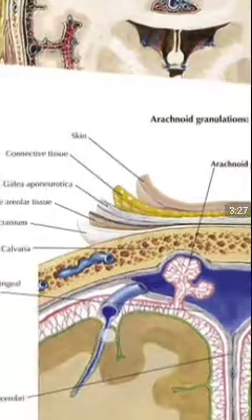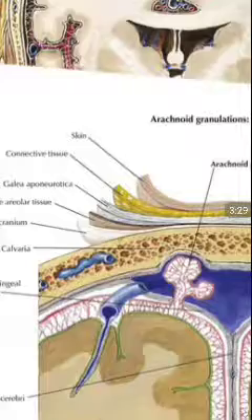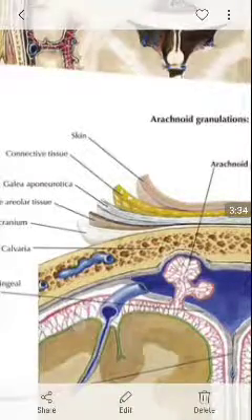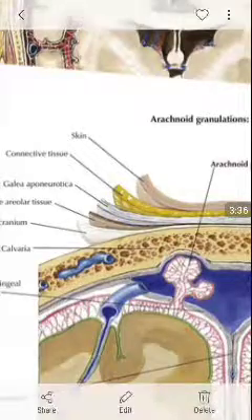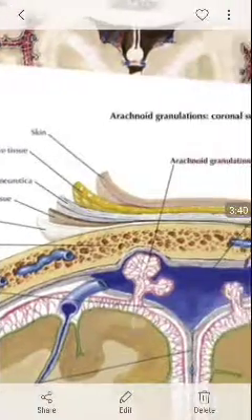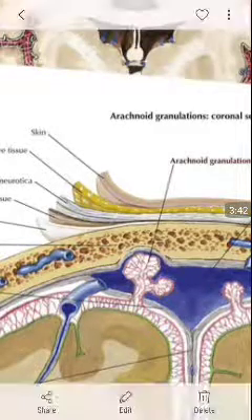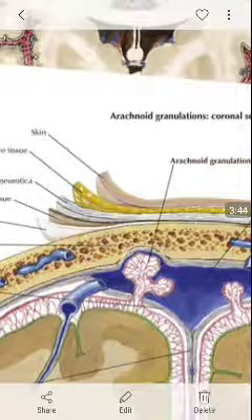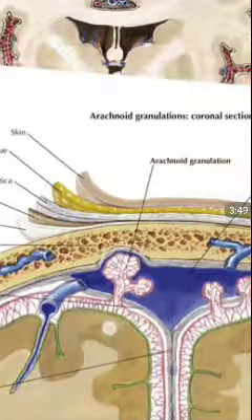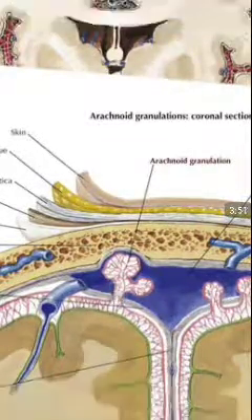This results in the formation of the subarachnoid space. The subarachnoid space is present between the pia mater and arachnoid mater, where these trabeculations are lying. Between the trabeculations there is a subarachnoid space which contains CSF, cerebrospinal fluid, and here you can see a small diverticulum of